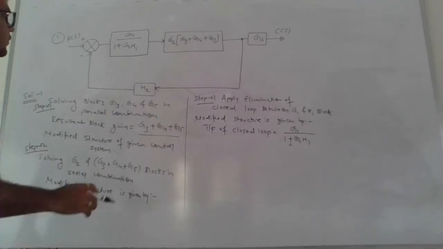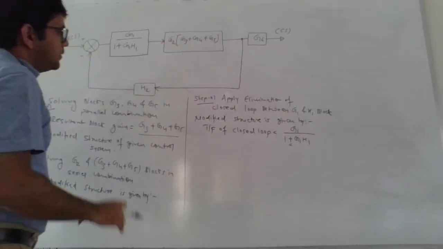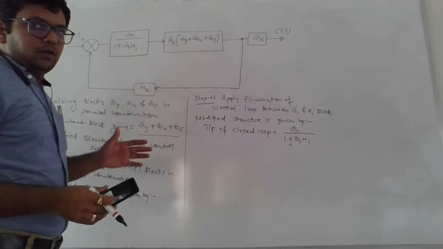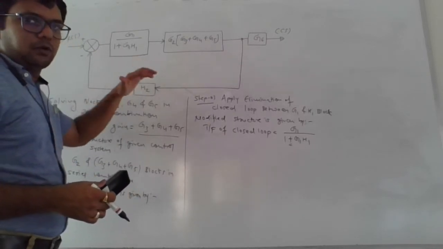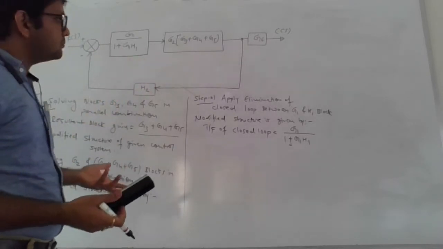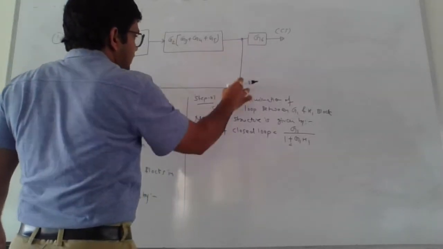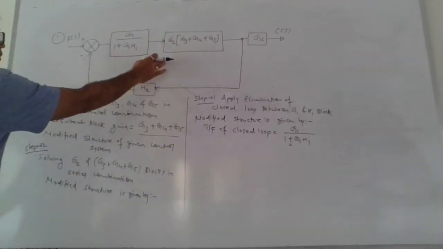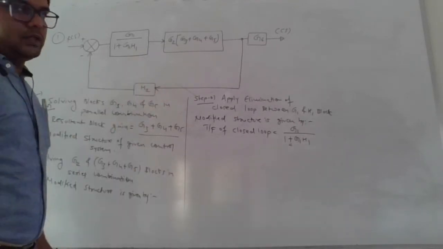Now if you observe, these two blocks are exactly in series. Why? Because they are connected back to back and they do not have any third path in between them. It may be in the form of summing point, it may be in the form of takeoff point, or it may be in the form of some feedback signal. But if you observe these two, they are not in series. Why? Because we have a takeoff point in between them. And here if you apply the combination of blocks when they are connected in series combination.